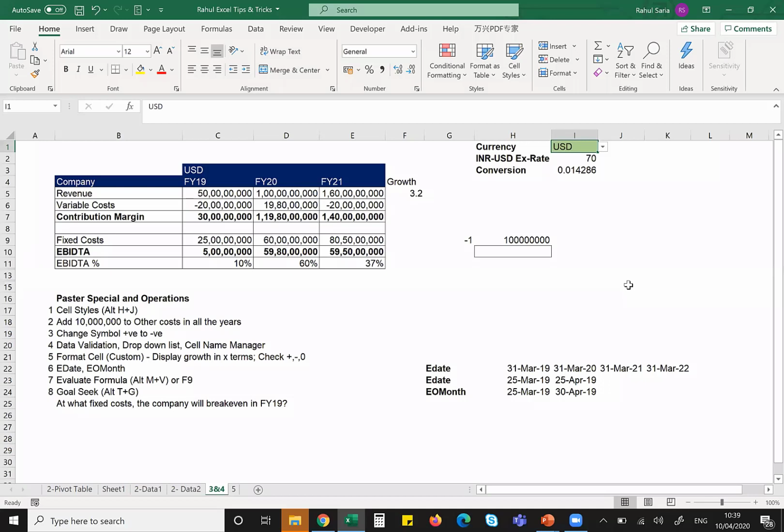Now I'll show you something. So this was a drop down that we can create using data validation. Now there's something called cell name. Now if you see this data, conversion ratio has come. I have named this cell as conversion. Now how do I name a cell? See, generally you see my cursor, I have selected a cell H3, and if I go and see this, it's written H3, right? What I did, I went to I3 and changed this to conversion.